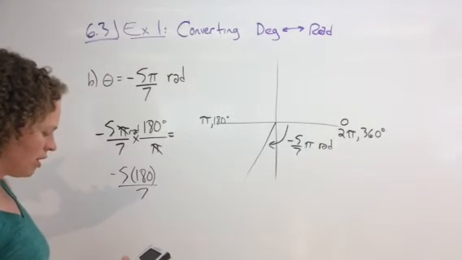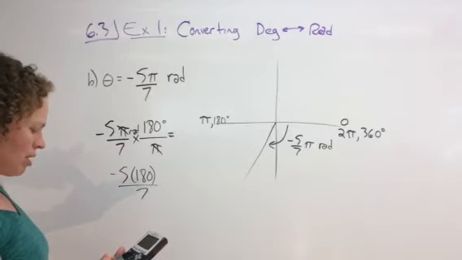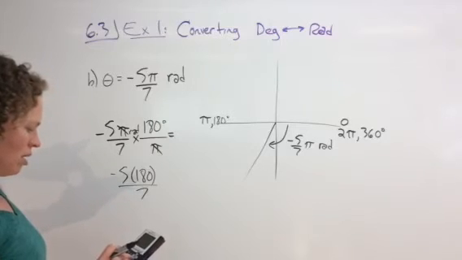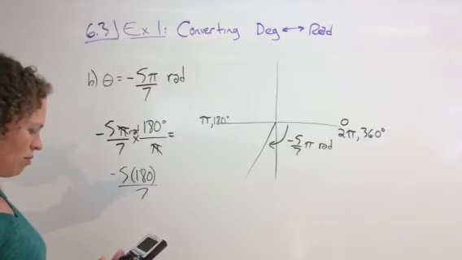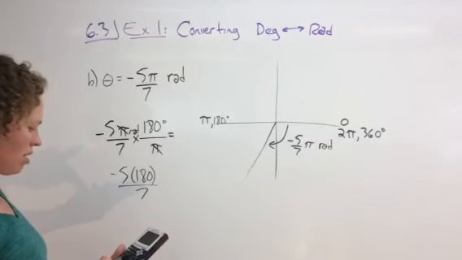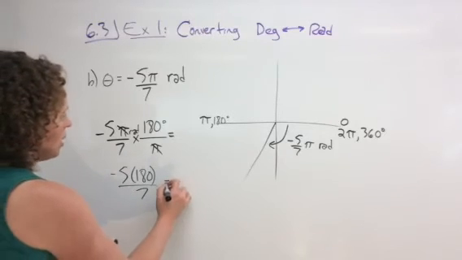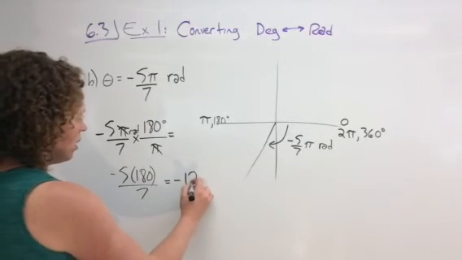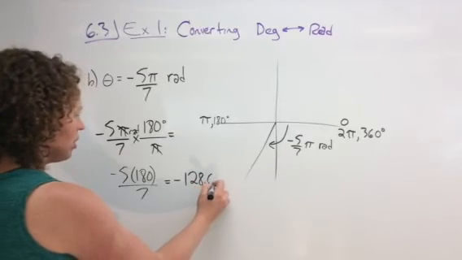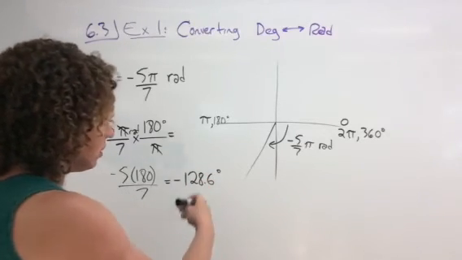So in my calculator, I don't have to worry about pi because I've canceled it. And what I have to do is remember how to multiply. It's hard to do something and talk at the same time, I've discovered. So when I write this in, I get negative 128.6 degrees. And it's said to the nearest tenth of a degree, so I've rounded it off to that